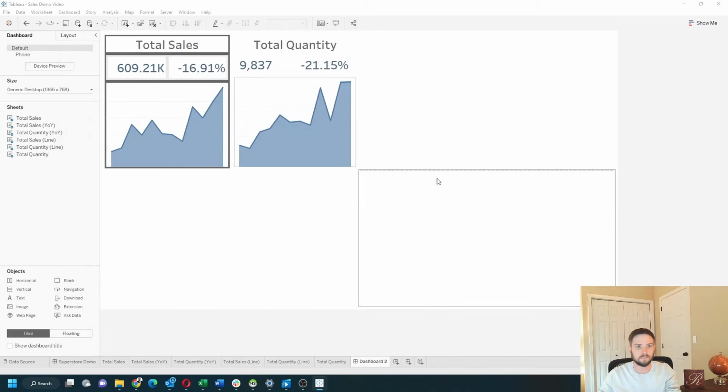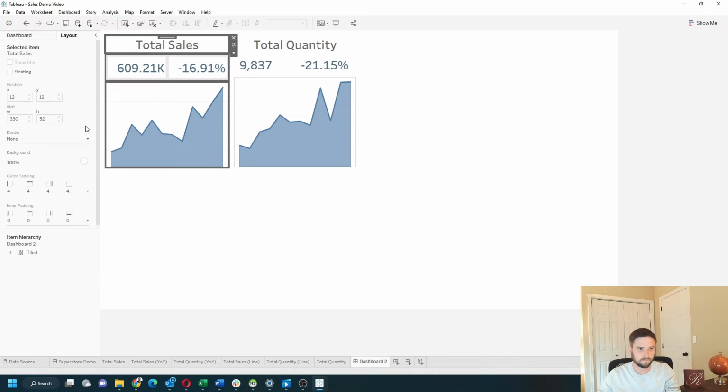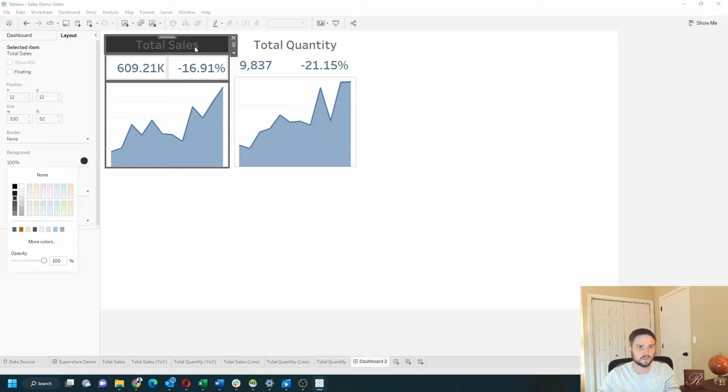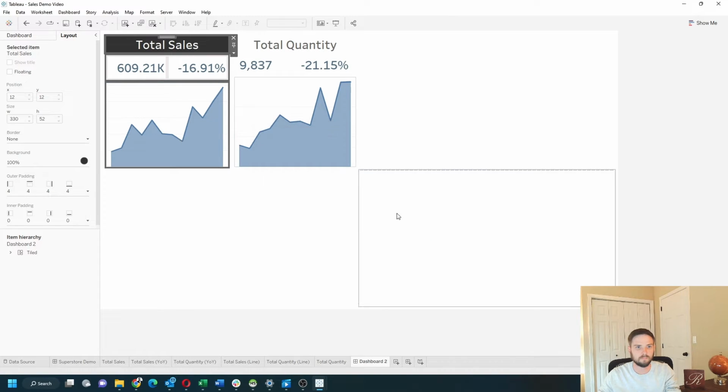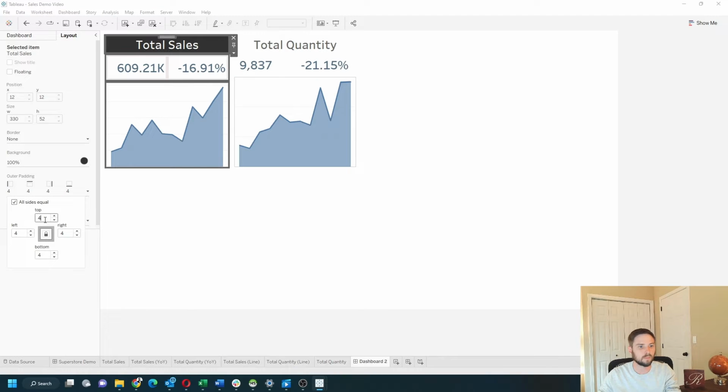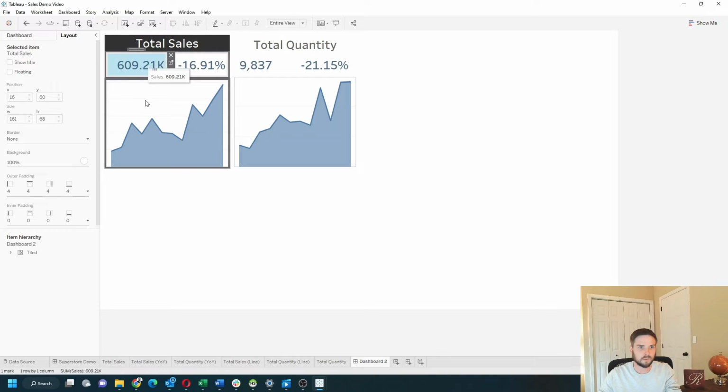In Tableau, let's make sure total sales has a background of gray. Let's make it dark gray, that's fine. Let's make sure total sales is white and we have no padding. On these ones, the only reason that you can see the gray behind is because there's padding. So I'm going to remove the padding from all of them,